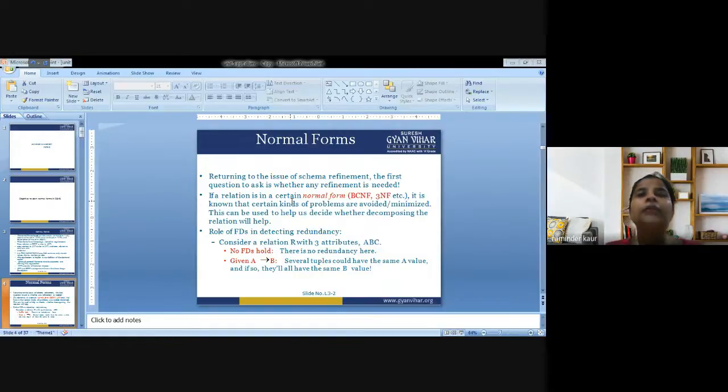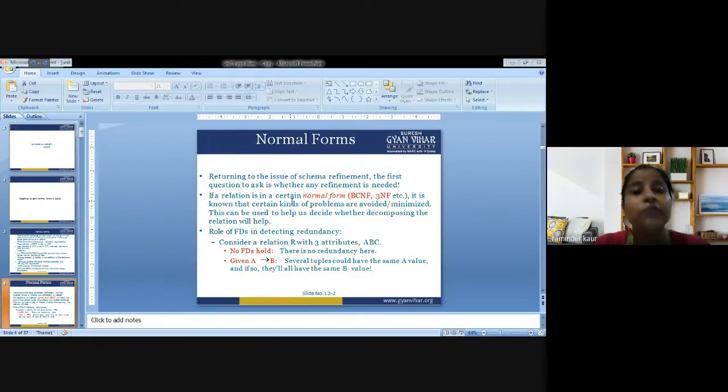Why is it a functional dependency? It means one attribute is dependent on another attribute, because there is some data available in the first attribute and it has to match the data present in the dependent attribute, that is A is deriving B. It means there is some common data that both attributes are sharing. That is why we can hold the concept of functional dependency here. So if no functional dependency holds, it means there is no redundancy present in the data, no repetition of data.